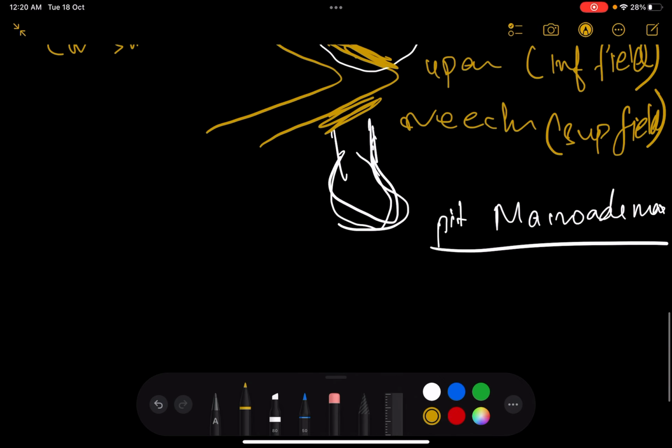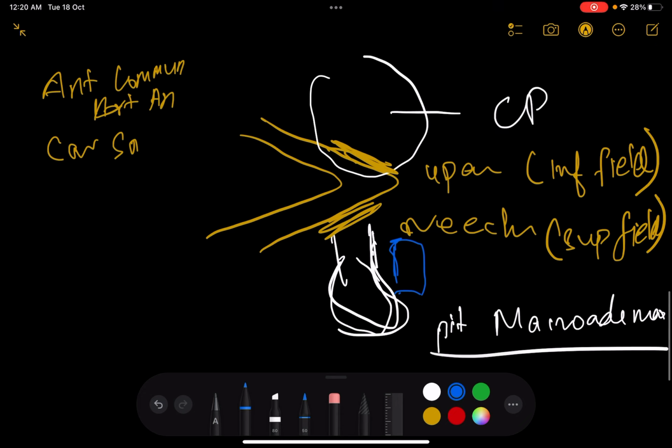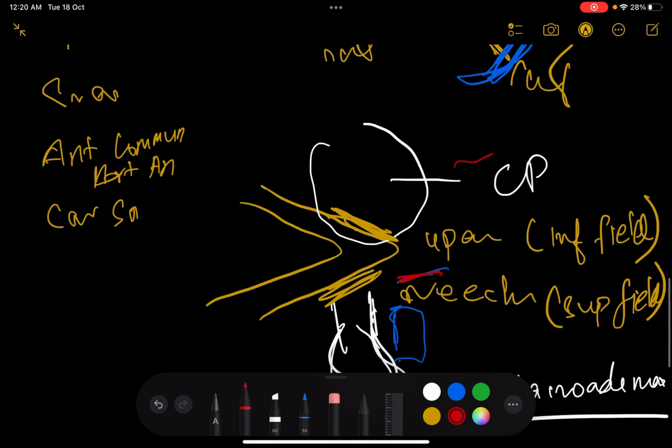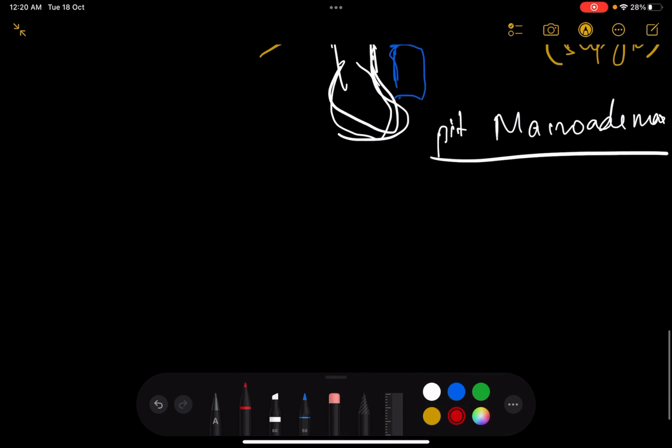Now, cavernous sinus is also somewhat out here in the lower part, correct? It's present here, very close to the pituitary, in fact. Cavernous sinus thrombosis or the anterior communicating artery, which is again present out here somewhere. Or it can be due to your craniopharyngioma, which is here, which develops from the Rathke's pouch. Now, again, coming back to the point that I was trying to make,